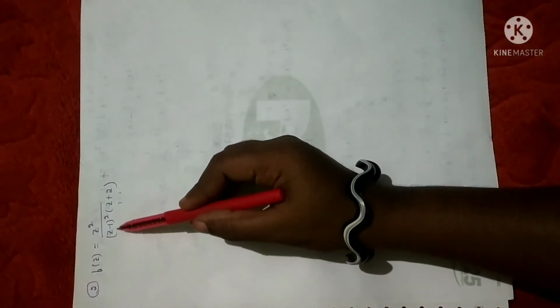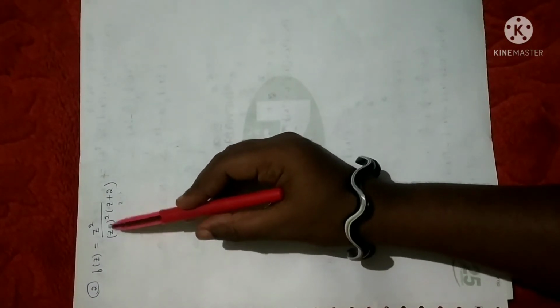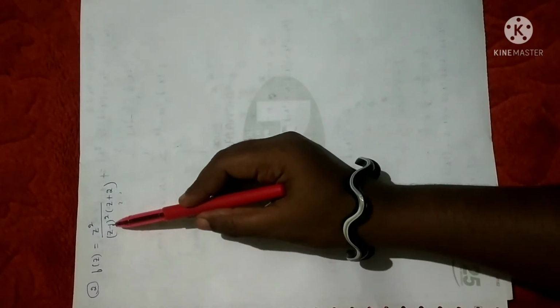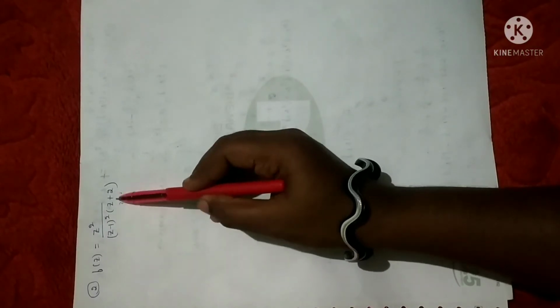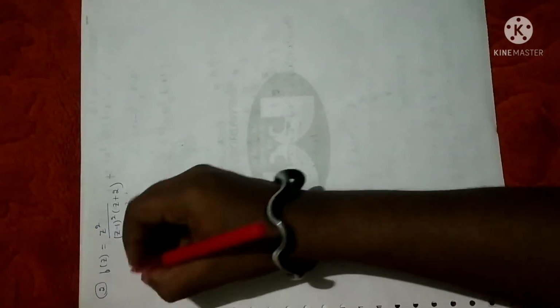Now here you can clearly see that in the first term you have (z minus 1) whole square. In the sense, here the pole is repeating 2 times. So 1 is a pole of order m, that is order 2. Here z is equal to minus 2 is a simple pole. Fine. So I'll just write the statement.